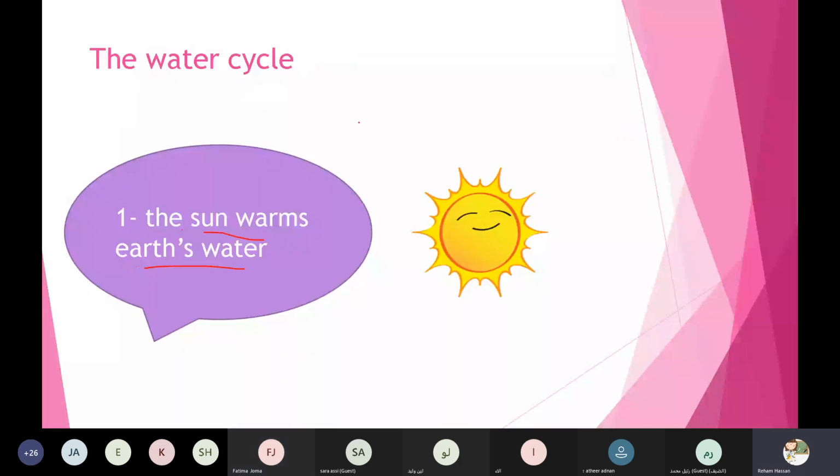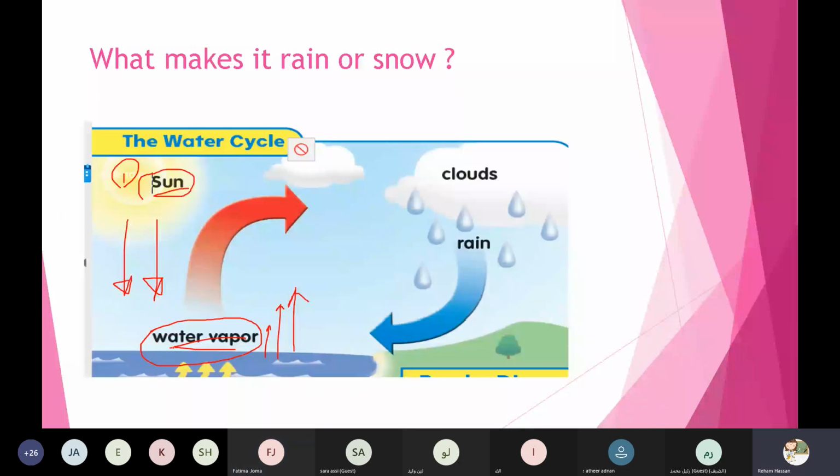So the water vapor is the water that goes into the air. Amazing.